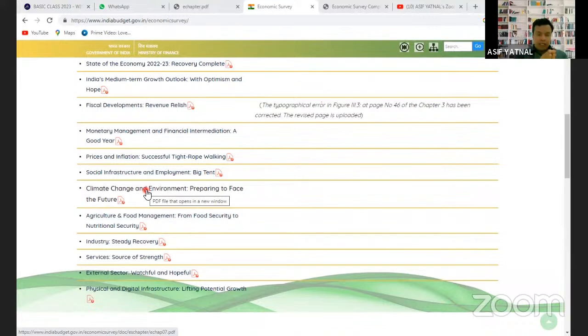So all the countries in the world, they are trying to prepare for facing the problem, consequences of the global warming and climate change in future. As a part of that, they are trying two strategies. One is to reduce the greenhouse gases, to reduce the pollution, to reduce those economic activities which are responsible for the global warming and climate change. And to do that, we need to adopt the technology. We need to spend extra money for cleaner and sustainable development. So how the government of India is preparing to face this problem of climate change and environment.